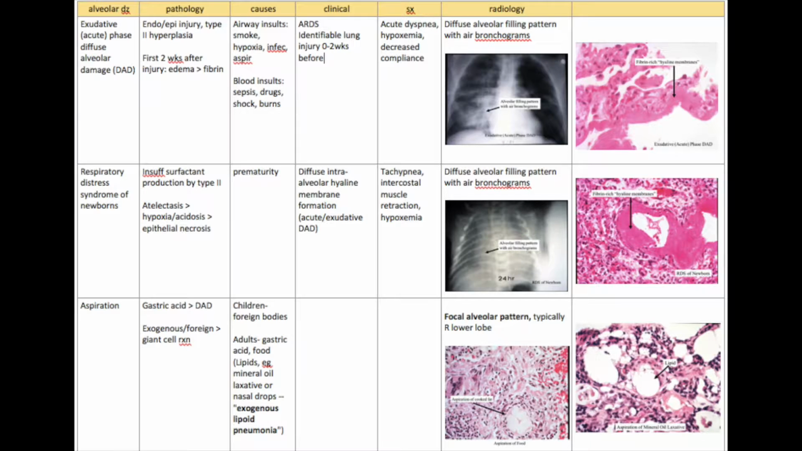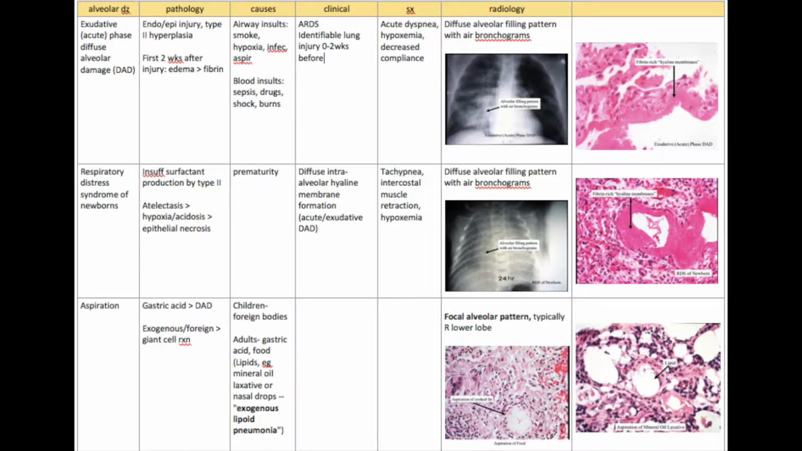But surfactant begins to be produced during the 24th week, and just remember that cortisol and all of those hormones are going to help us produce more surfactant, and help lung development during the 32nd to 34th week. So respiratory distress syndrome of newborns is going to be primarily in the premature babies because of insufficient surfactant production